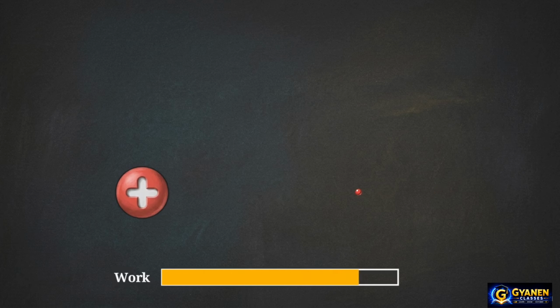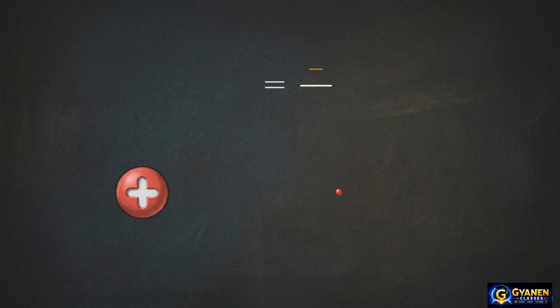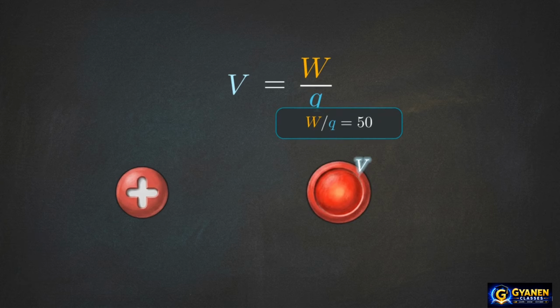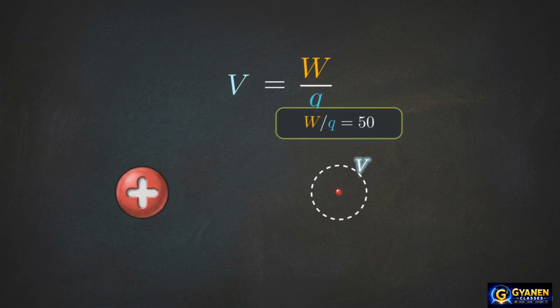That process requires work. If we take the total work done and divide it by the size of that test charge, we find the electrostatic potential at that specific destination. Because we divide by the amount of charge, the resulting potential, V, is a property of the location itself. Whether you bring in a massive charge or a microscopic one, the work-to-charge ratio at that exact spot in space